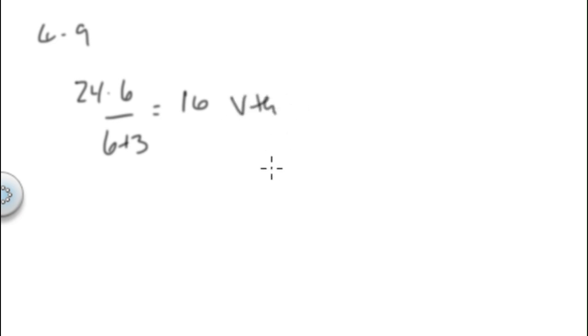Well, let's use the 24 volts, and it would be 24 times 6 over 6 plus 3, or 2/3 of that, which would be 16, and that would be the voltage V Thevenin. So that's our V Thevenin voltage. Then we would use the 2 plus the 2K, so it would be